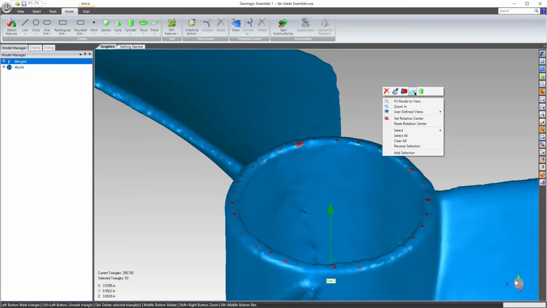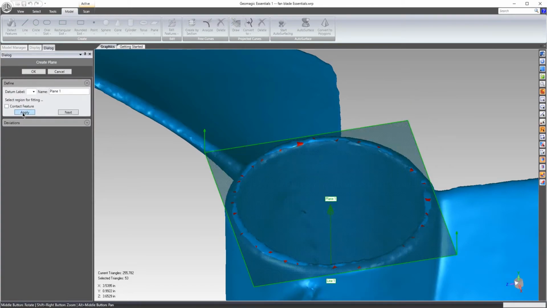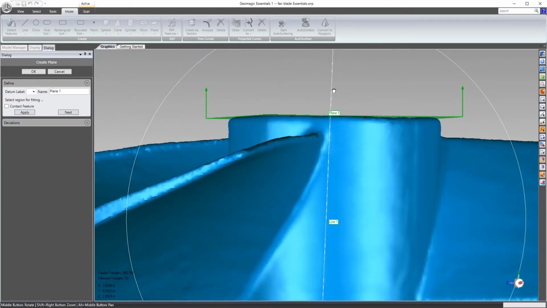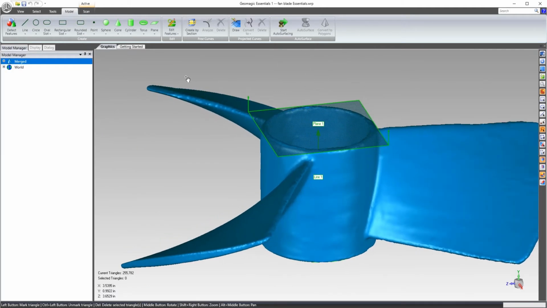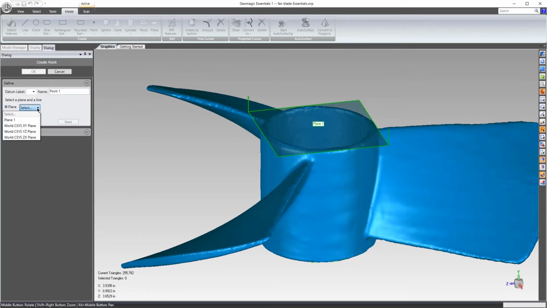What I do now is if I right click in the open space on screen, you see that we do put the shortcuts for plane and cylinder. So if I click the plane, I can hit apply, and you'll see that it best fits a plane to that surface. So then I'll hit apply and OK. Now, if I want to intersect those two, the axis and the plane, I can come over to point, and you'll see plane and line. And then I can select that plane and the line that I created, and then create an intersection point